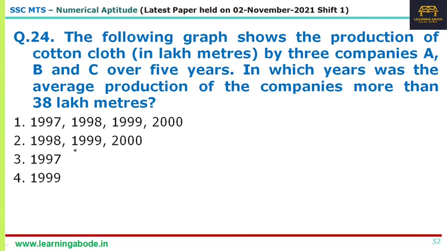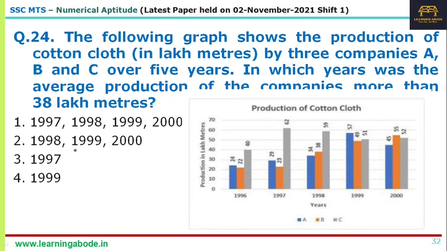Now question number 24. So another data interpretation question, very simple question. So there are 3 companies, over 5 years. In which of the years was the average production more than 38 lakh meters? That is the question asked. Okay, so this is the data that is given. See, average is more than 38. Okay, in which of the years means,